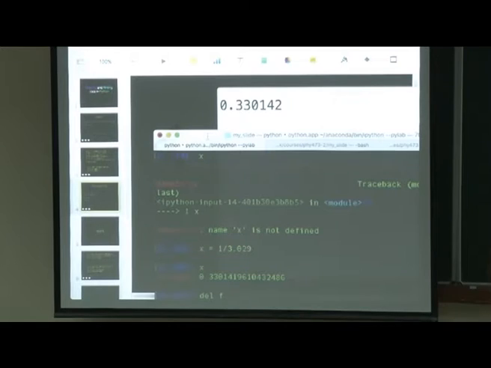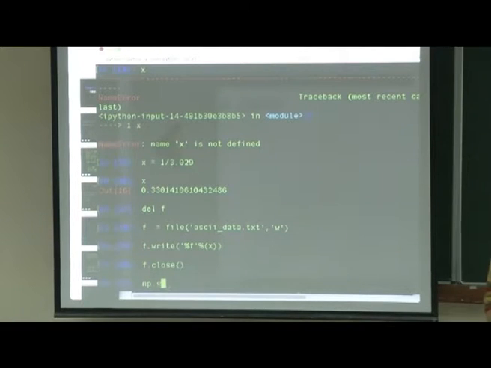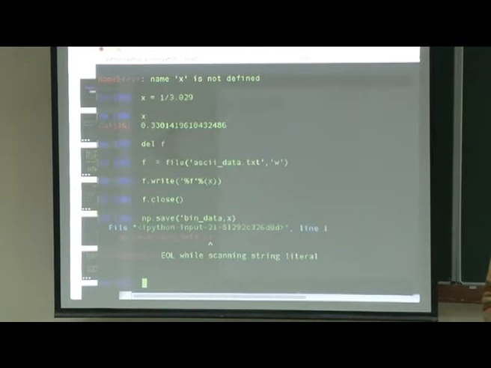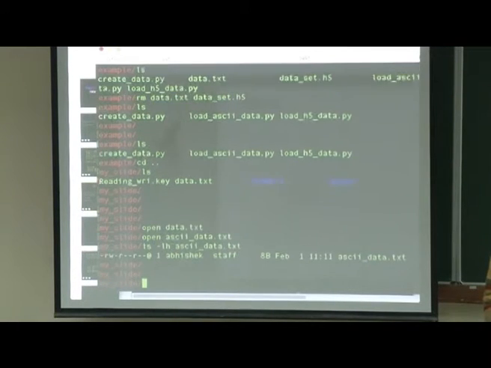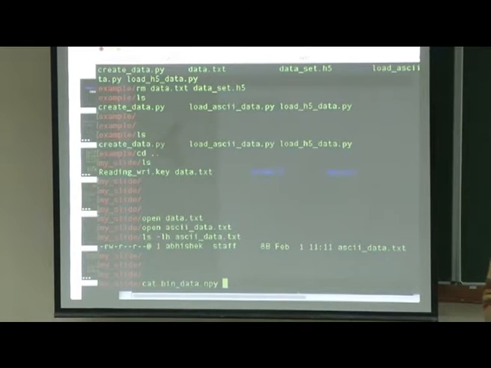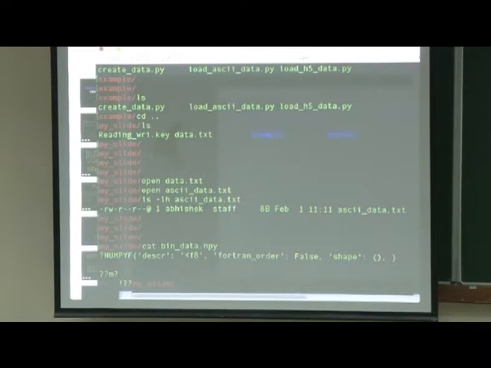If I save in binary, so np.save, and if I want to read this, I can't read it. It's question mark m question mark. It's written in binary.